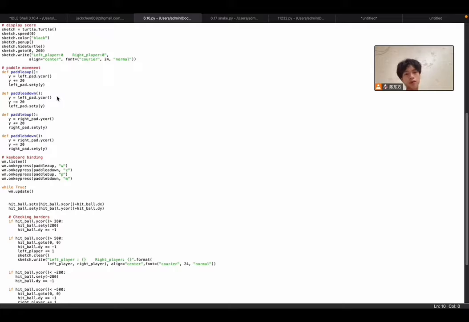We will bind the keys for each function, that is for left paddle, R for up, and C for down. For right paddle, up key for up and down key for down. Then we will initiate how the ball and striking of the paddle will work. If the ball hits a paddle,